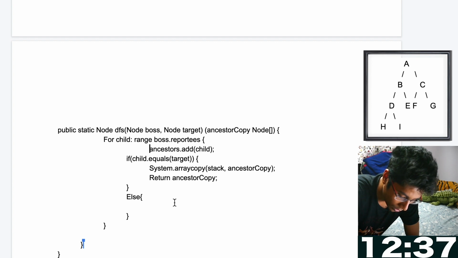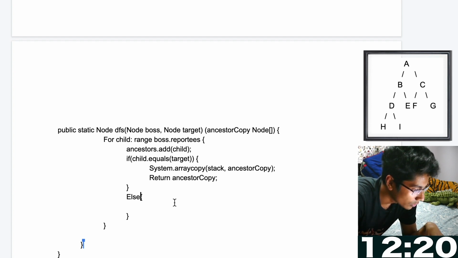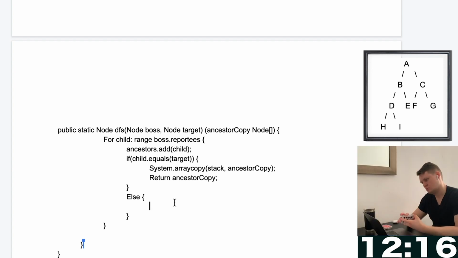But instead, what I can do is, if the child is this, otherwise, just add this guy to the stack, or you don't need to add him to the stack. You can just do this, and once I've added him to the stack, I just go down to else, and then call DFS on